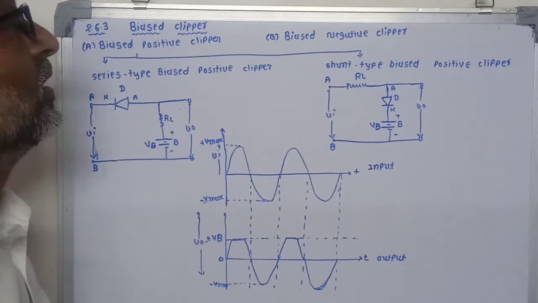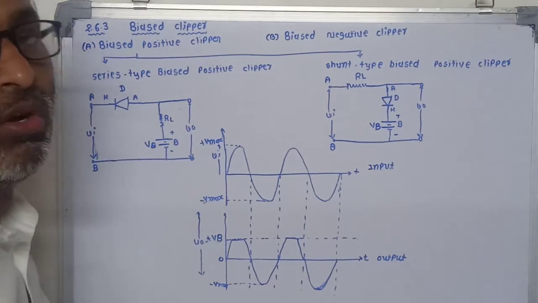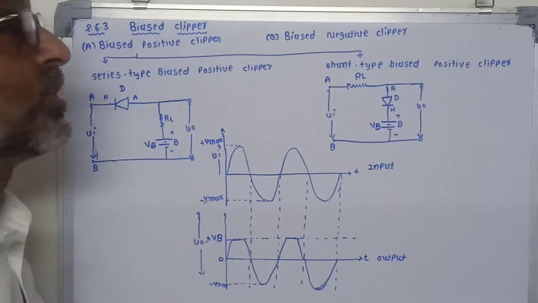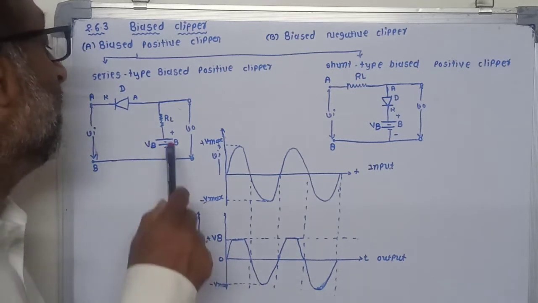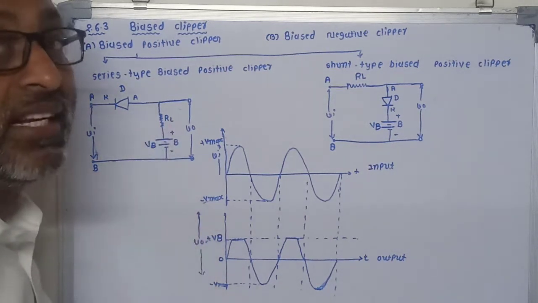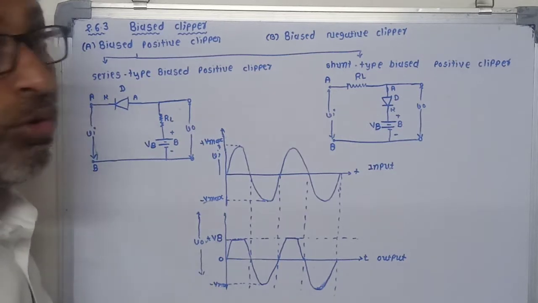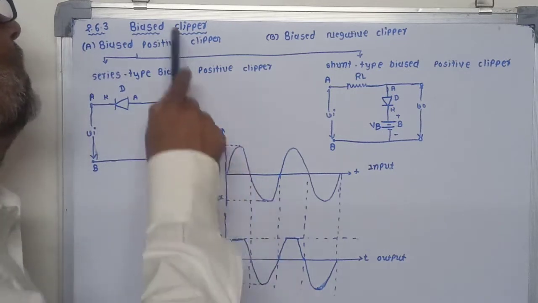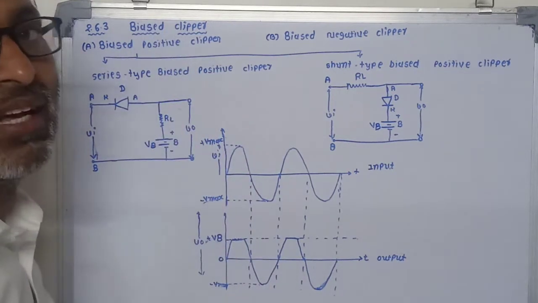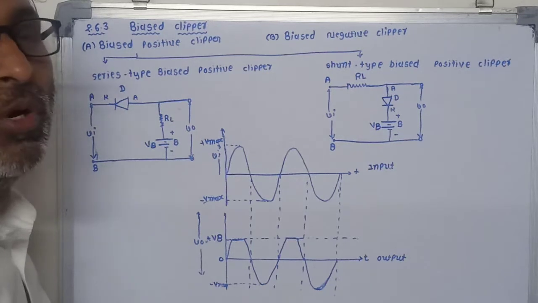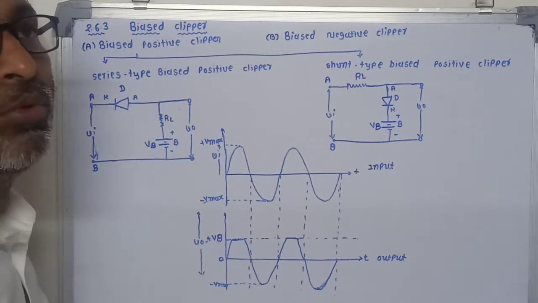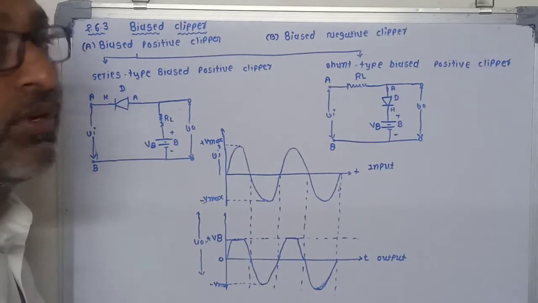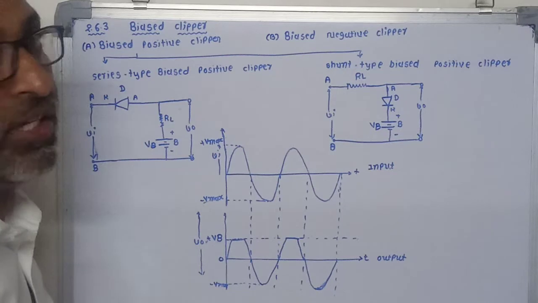In these circuits, an additional or extra element is used, and a battery is used as the extra element in the circuit. So you can see one battery is connected in the circuit, which provides bias, or potential, to the circuit. That's why it is called bias, and this bias is used to remove a particular small portion of the positive or negative half cycle of the input. So do you understand why it is called bias clippers?